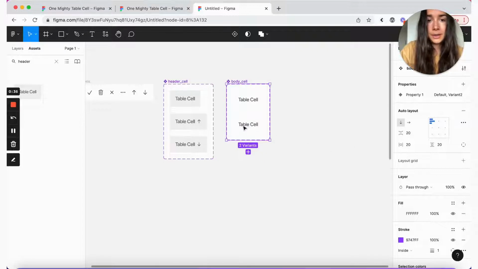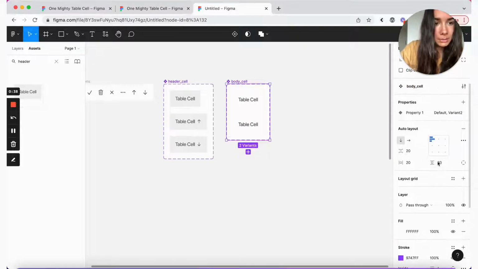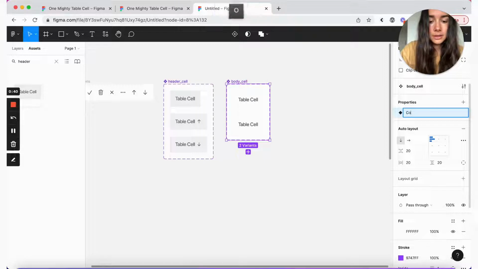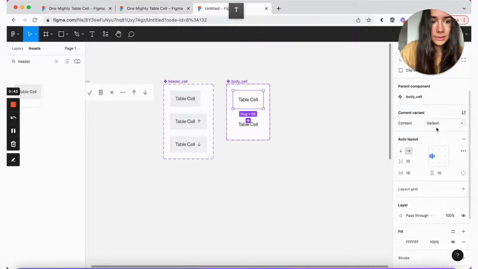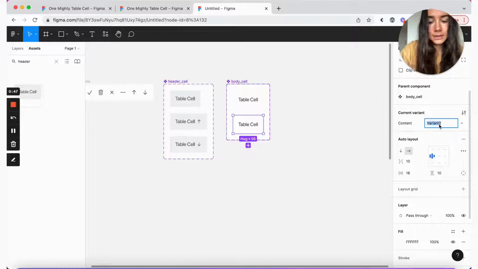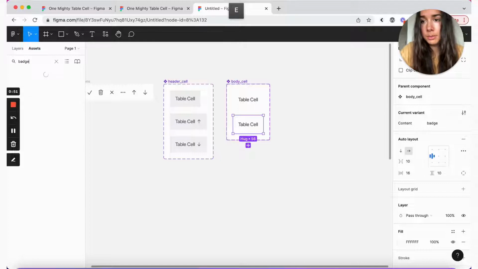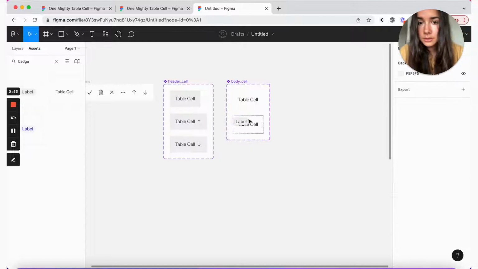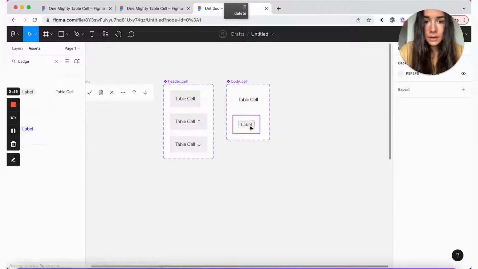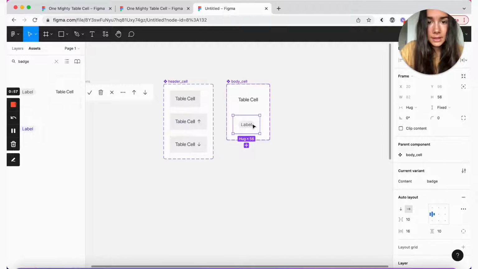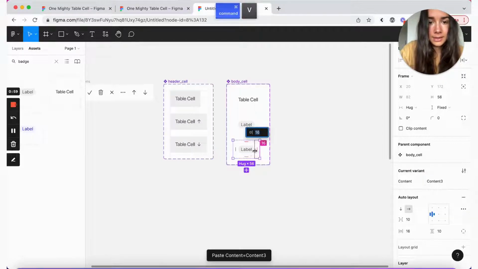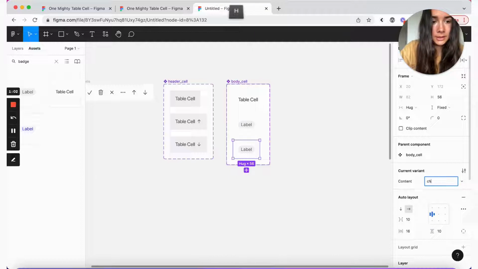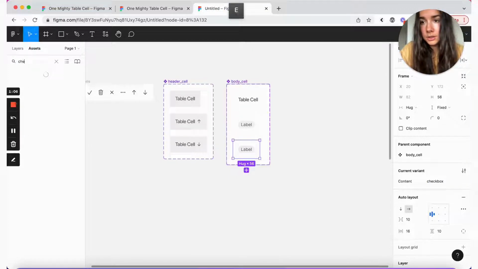First, I'm just going to give it auto layout and some fill. So from here, we're going to call this property content. This one is going to be text, and this one, let's make it a badge. And now we're going to take our badge, remove this, and our next variant is going to be a checkbox, and we'll take our check.